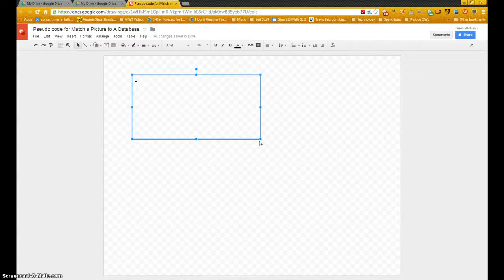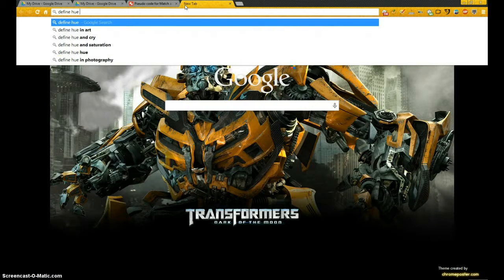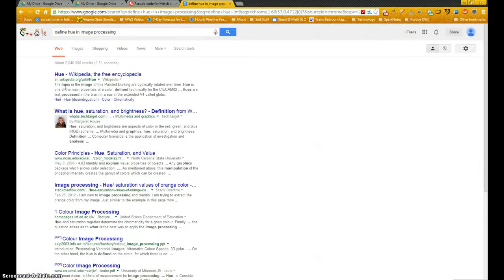So the first one is called intensity. You have to look at the intensity of a pixel, and I have here saturation and hue. Now hue, well, let's do a quick search here. Define hue in image processing. There you go. Hue is one of the main properties of a color, defined technically